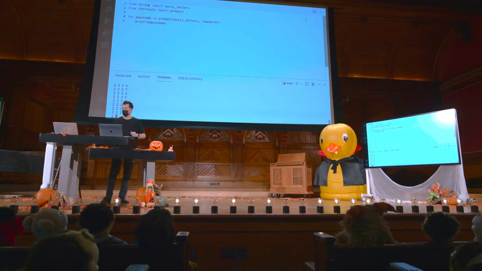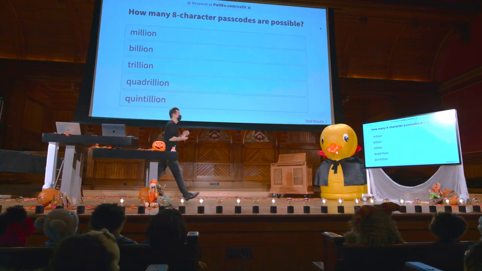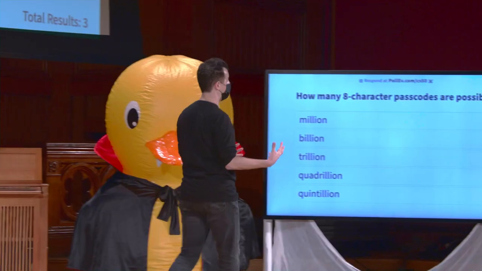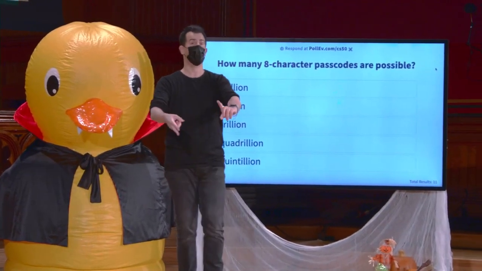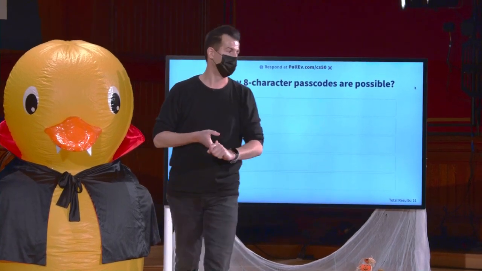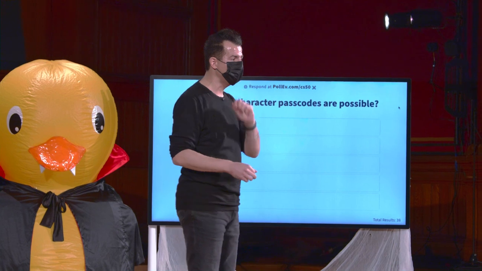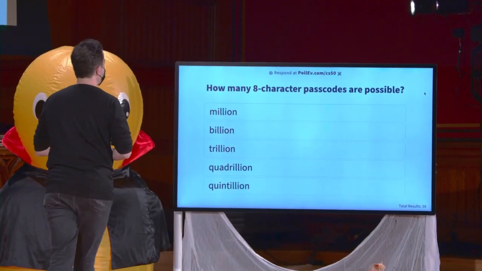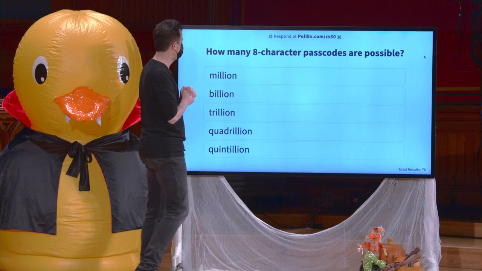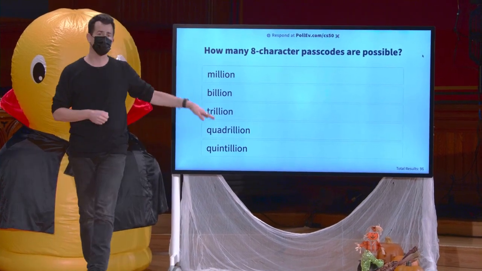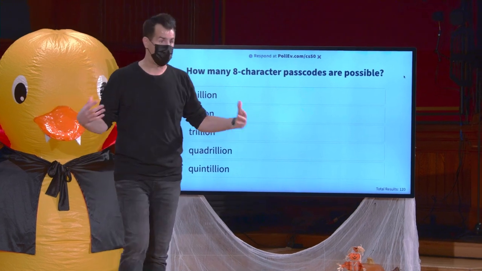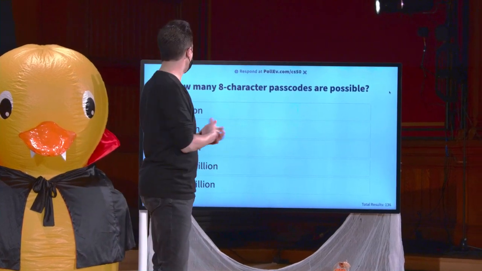Let me now go over to how about one other question here? And this question will now just be, let's go from 4 characters. How about let's take it one step further and mix the 2 ideas here. More digits and longer passcodes. How many 8-character passcodes are possible? And by character, as a CS50 student will know, I mean number or letter or punctuation symbol now. And there's like 32 or so standard punctuation symbols. So we're up to a good set of numbers now. How many 8-character passcodes do you think are possible? Million, billion, trillion, quadrillion, or quintillion? All of which, of course, are better than 10,000 possibilities. So we're in a whole different space now.